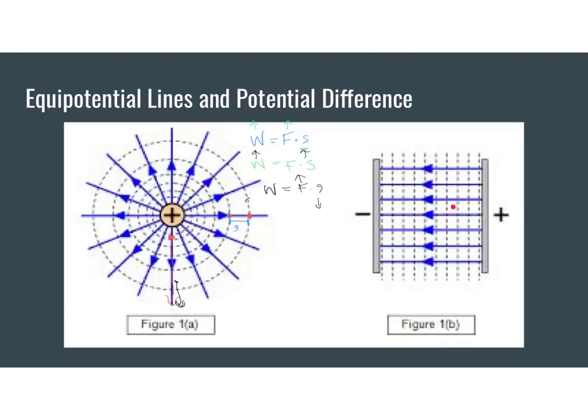And this is the field diagram of two parallel plates. So imagine that this plate has negative charges along there, and this plate has positive charges. And you notice that the equipotential lines are equidistant, meaning they're the same distance. This one varies as we go out, but inside of the parallel plates,